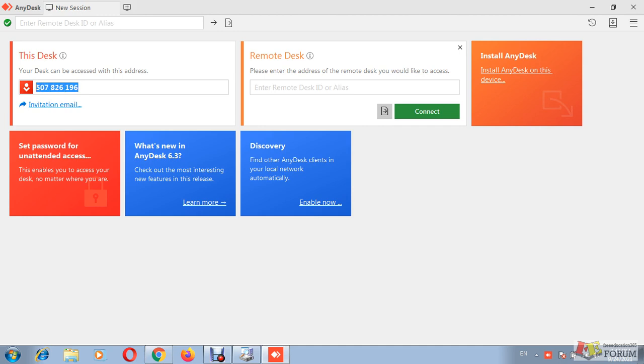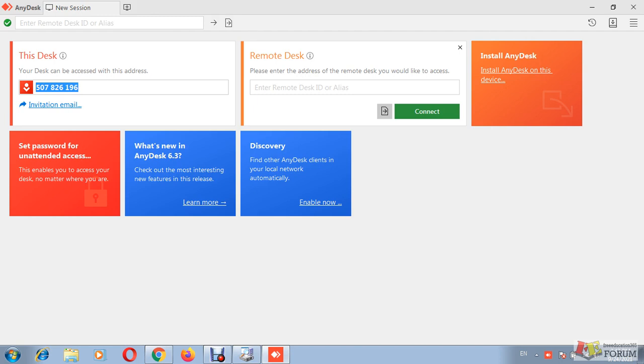You can give this number to your remote location. As an example, if you are a user and you want some help from an administrator somewhere else, you can give this number to your administrator, then he can log in from his location to your computer.